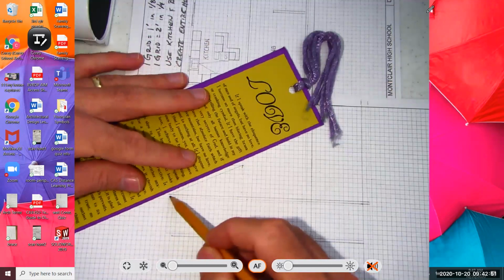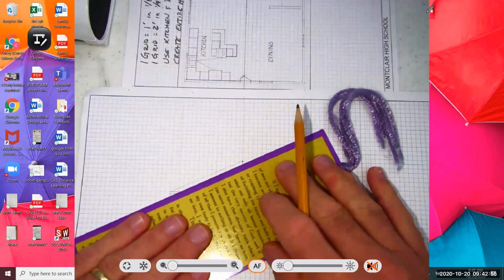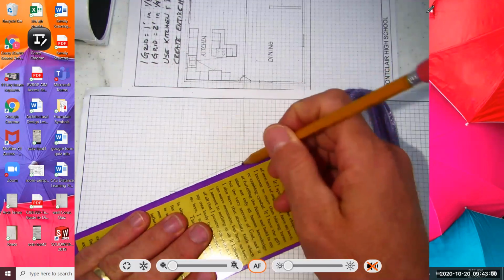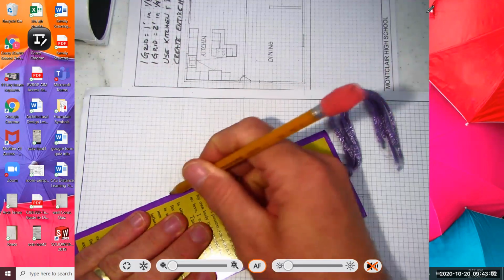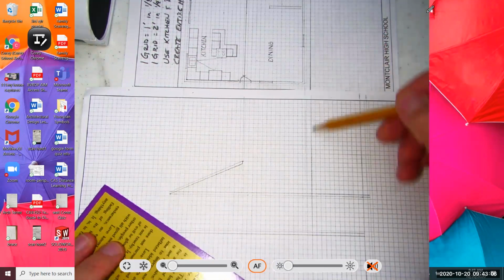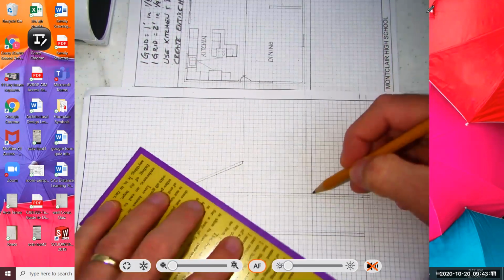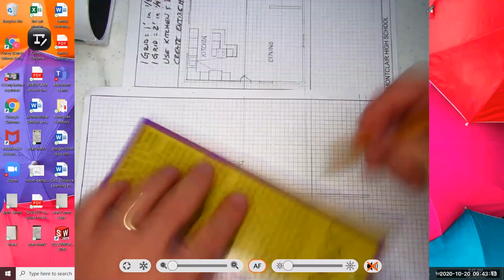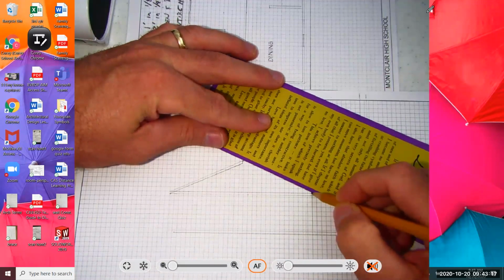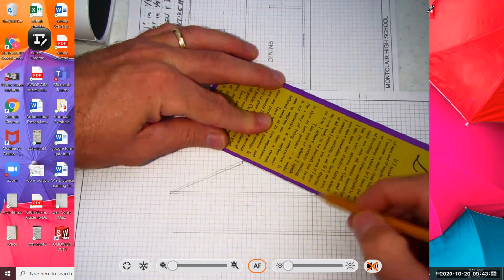I'm going to go from the bottom of my fascia board up. Then I come to the edge of the roof here. Here's the edge of my fascia board. So from the top of it, I'm going to go to the peak. And from the bottom,